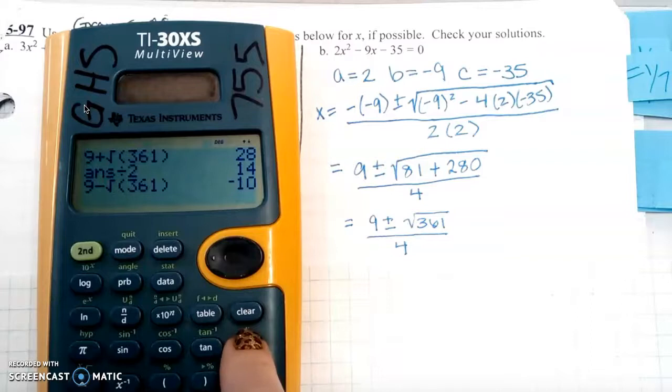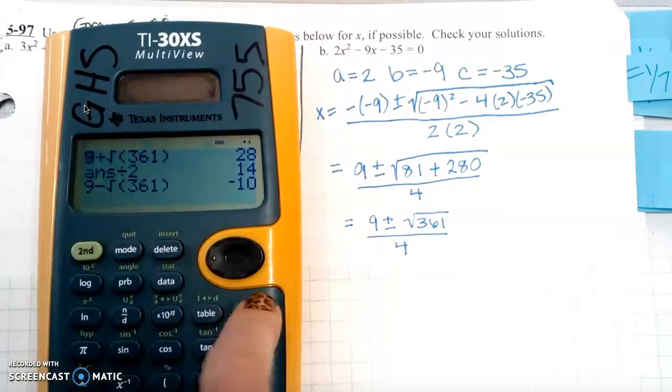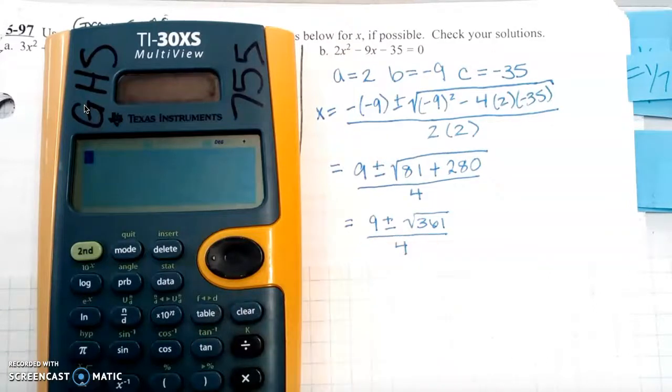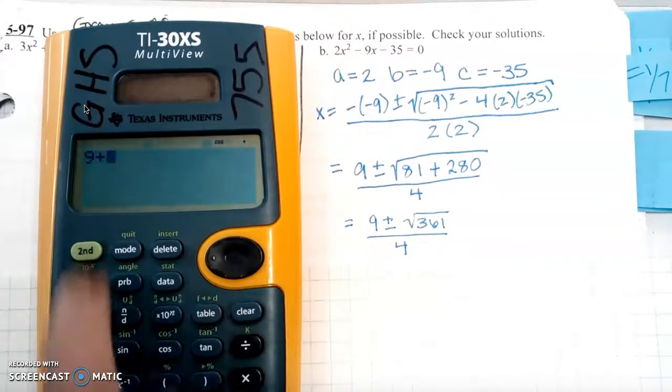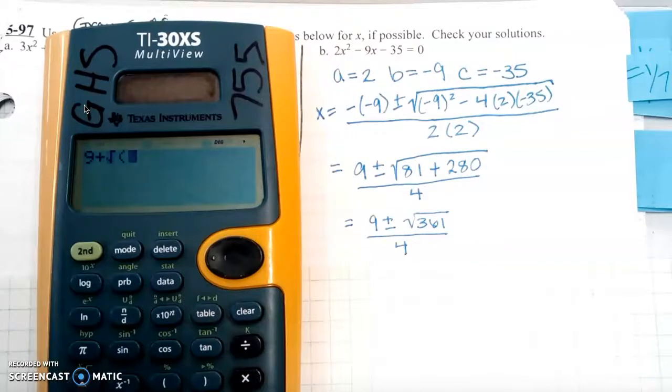Divide that by, oh, did I divide by 2 or 4? Oh, sorry. That one I divided by 2. I meant to, let's go back. Sorry, do the plus again. 9 plus the square root of 361